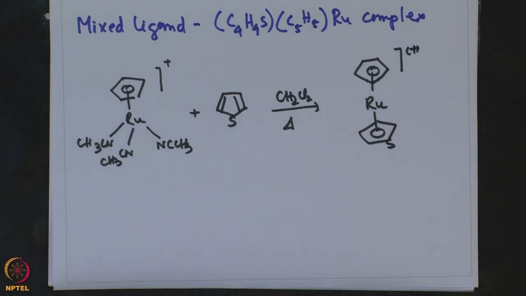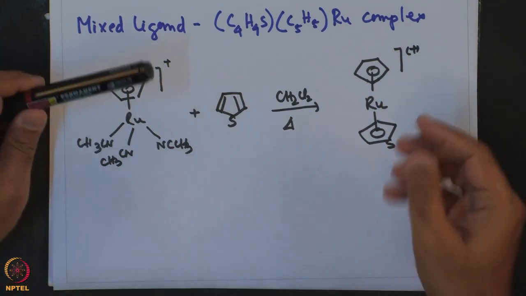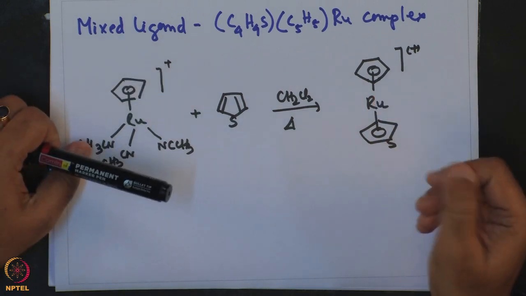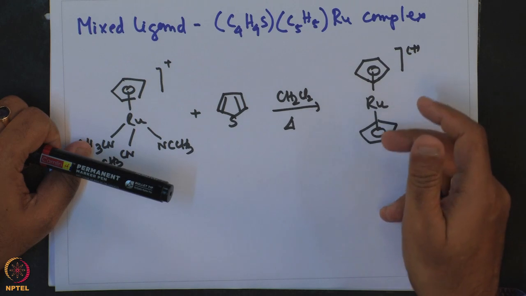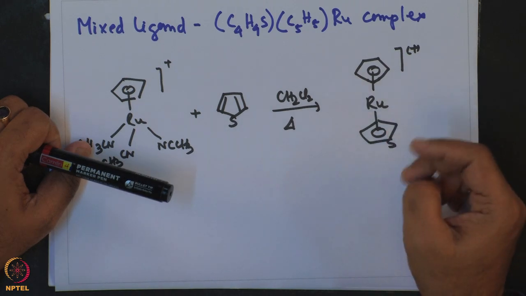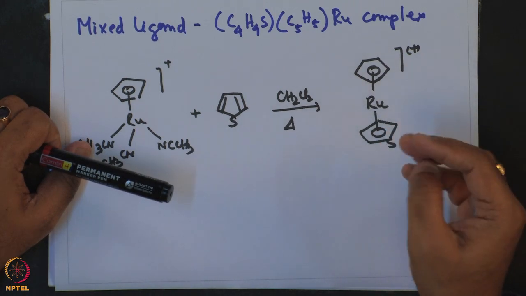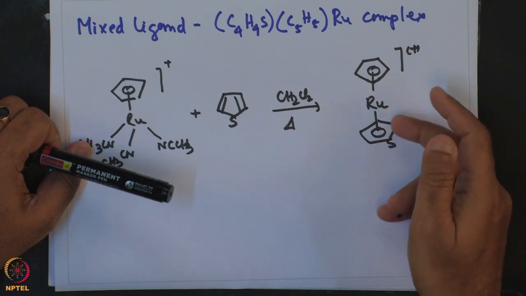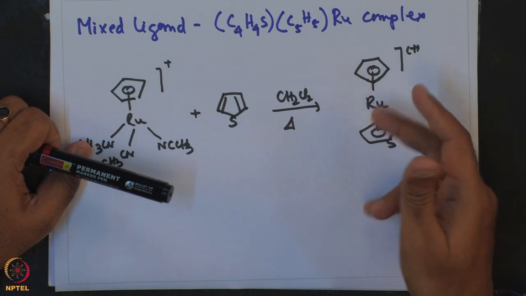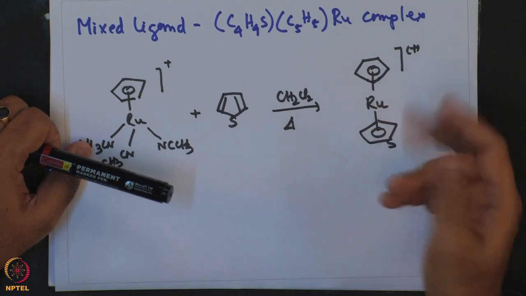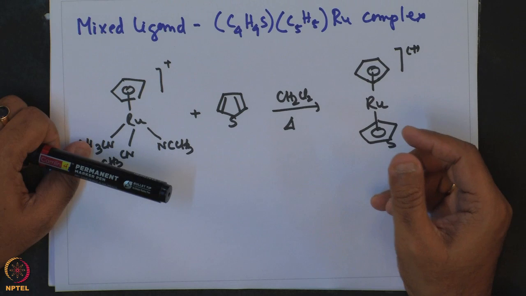Now, of these two mixed ligands, Cp is anionic, ruthenium bound to thiophene is neutral, and hence it is quite logical that a neutral ligand like thiophene bound to ruthenium is more labile than the Cp in this complex,